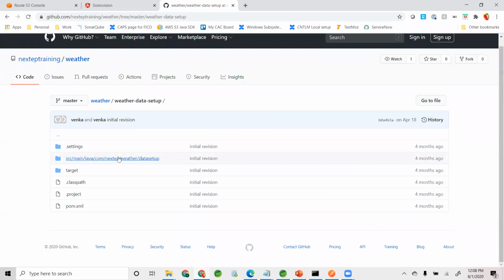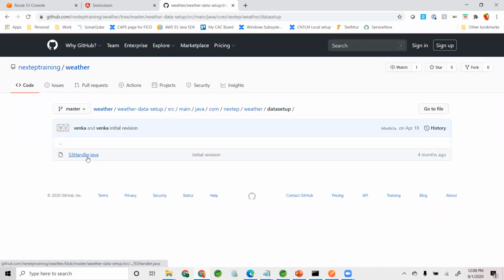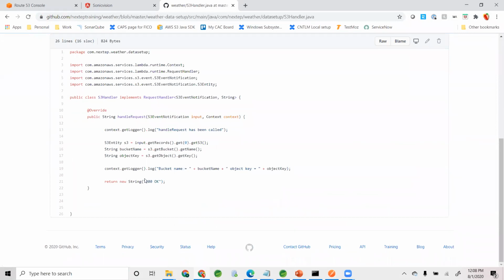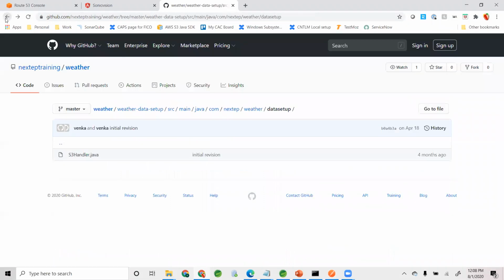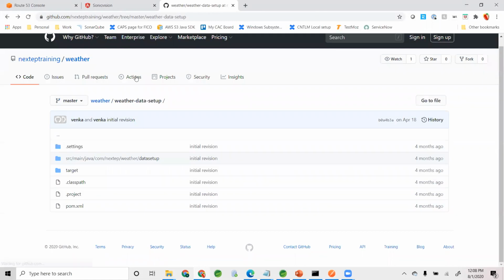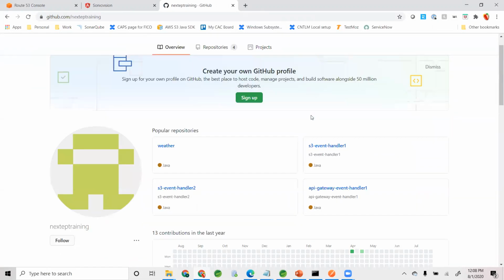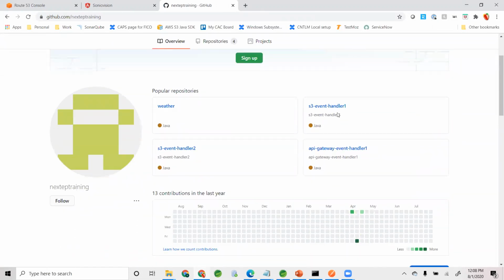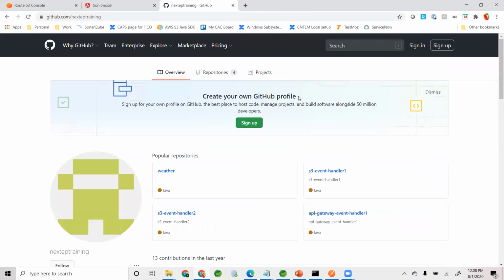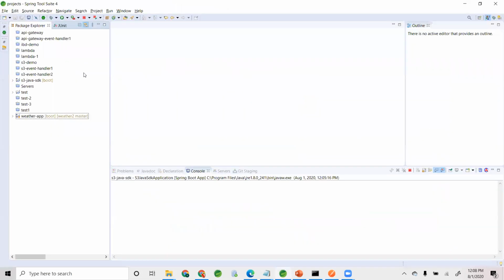You can use it. This is where you will handle that S3 handler. I'll upload it if it's not there already. Within GitHub, look for my next step training, and you will see all these repositories. I'll put this S3 demo also into that. S3 Java SDK.